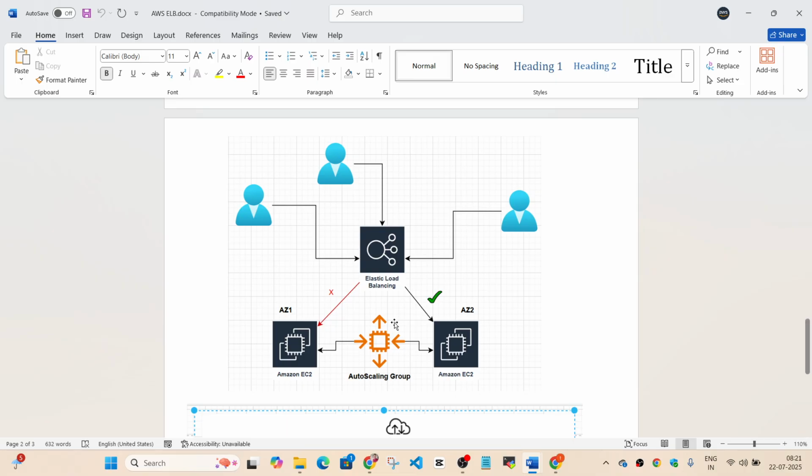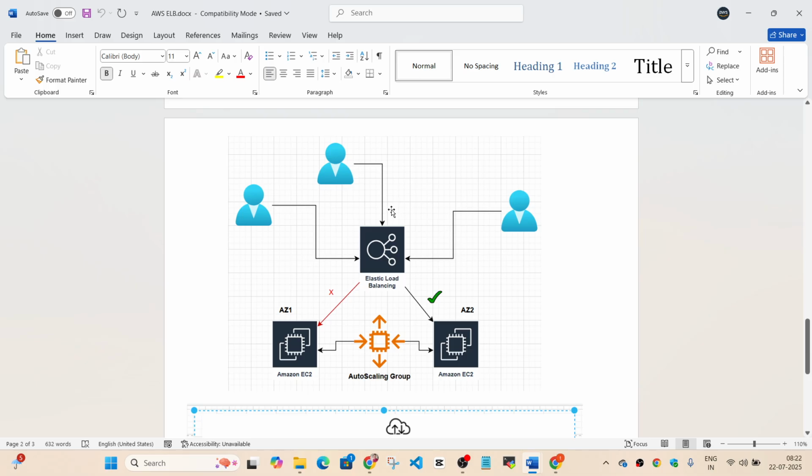For example, the user is filling out a form. That form data is stored on the EC2 instance itself. We don't want half the data to be stored on this instance and half on another instance. You would want him to be connected to the same instance until he is able to finish that form and submit it. In this type of scenario, you can enable sticky sessions for the users, which means that whatever instance he is trying to access via this ELB endpoint, he will be connected to the same instance until he terminates the session.